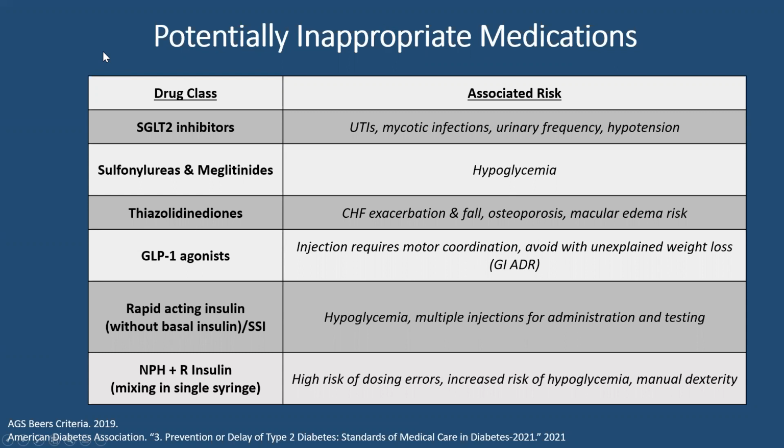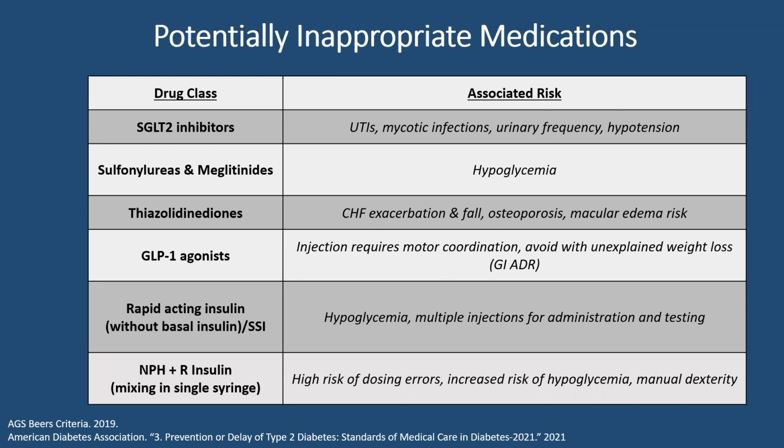These drugs also lower blood pressure, so if there's a history of hypotension, probably not the best choice for your patient. Sulfonylureas and meglitinides should be avoided with a significant history of hypoglycemia. TZDs: heart failure, fall risk, osteoporosis risk, those are the kinds of patients you're going to stay away from with